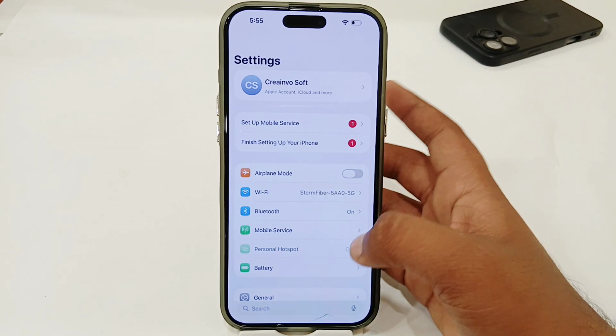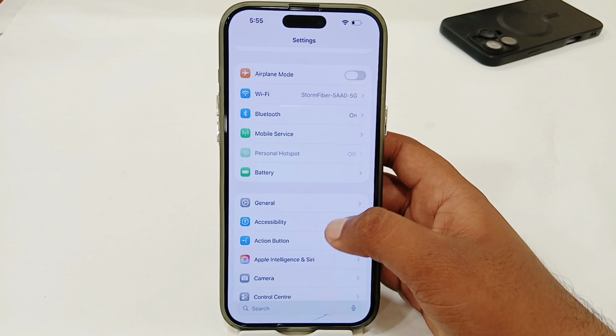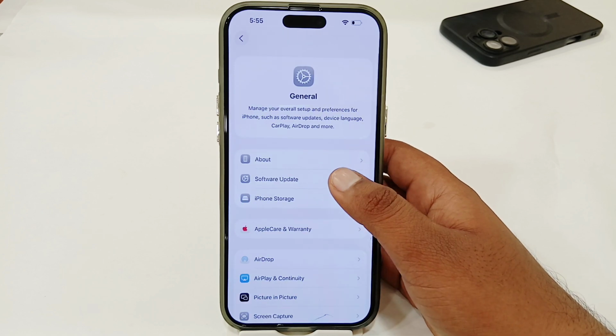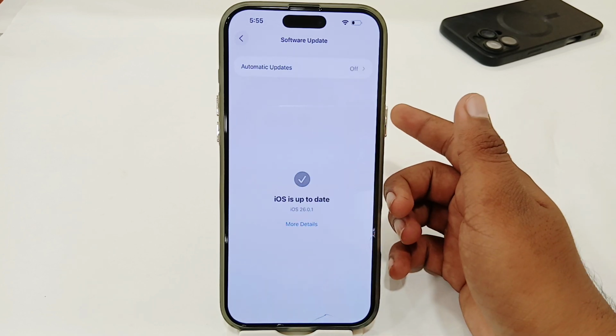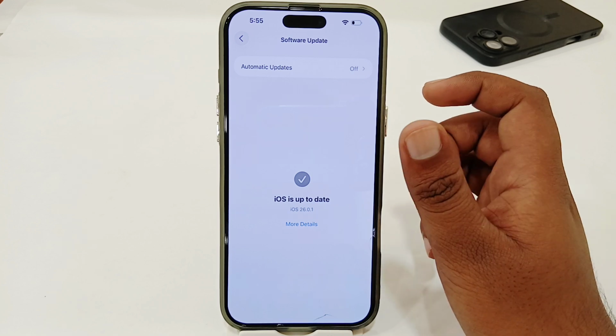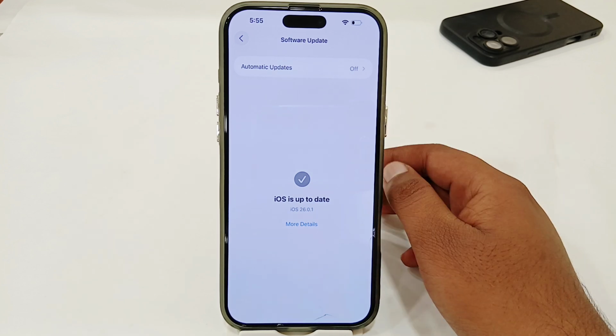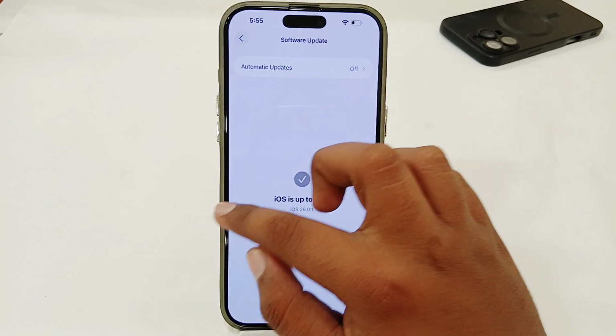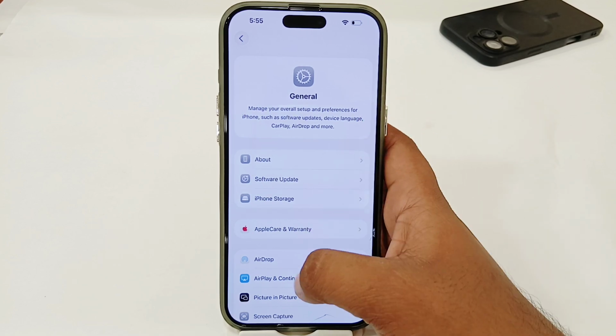And once you have done that, you just have to go back and here go for General, and then you have to try to update your software, because sometimes it might be that your software is not updated. So some of your apps will not work very well, and after updating your software, just go back to the General